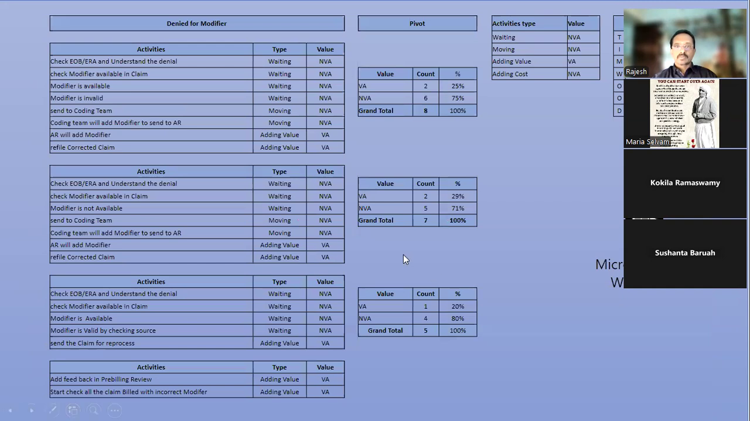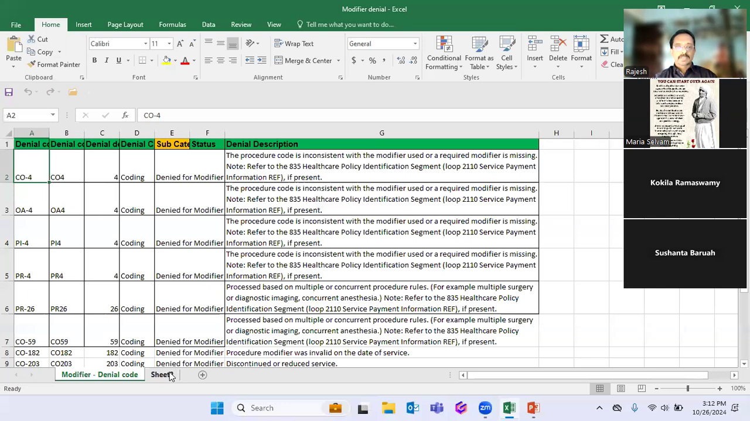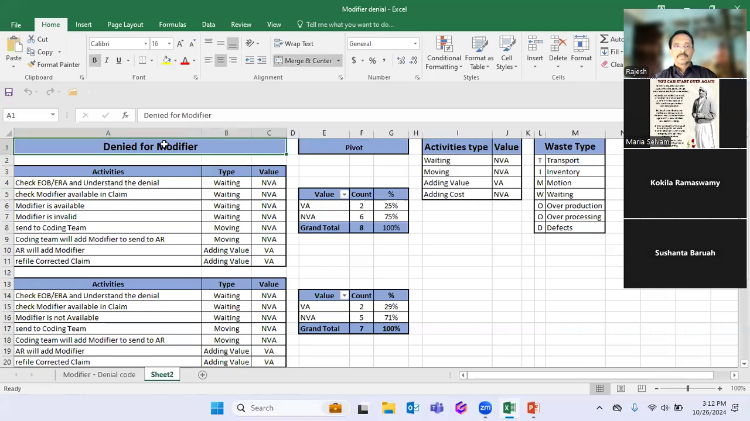See, what we are trying to do here is I added this Excel. I'll open the Excel and then explain. See here, for example, we will take a denial for a modifier. What are all the steps we will do? Okay, before I go to there,